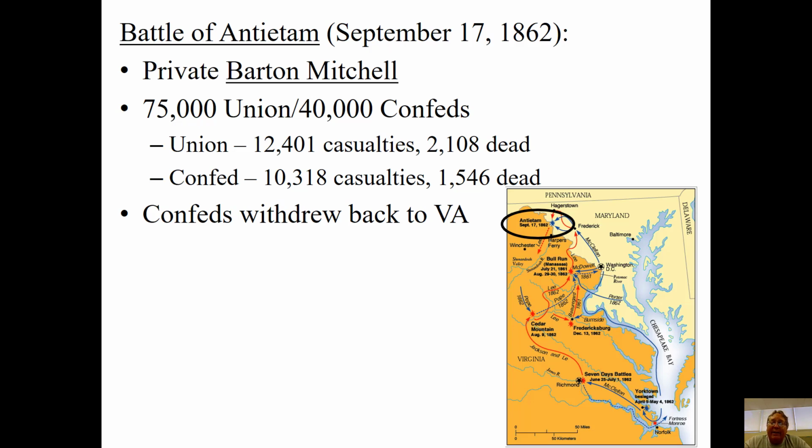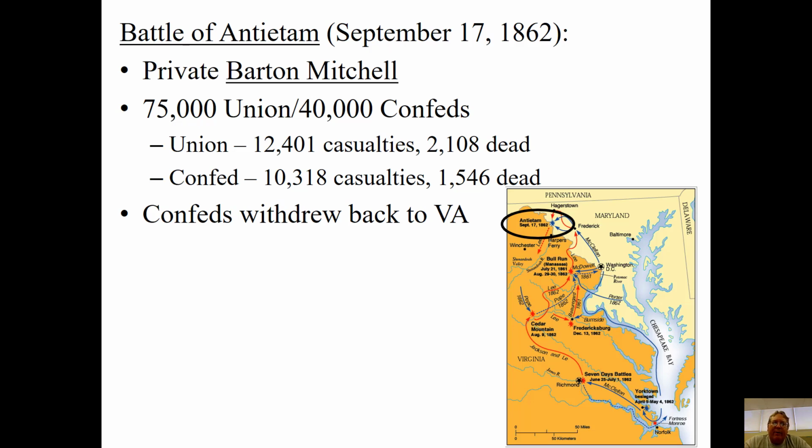And in a place called Antietam, a little village in southern Maryland, these two armies, huge in size by comparison to anything that happened in previous wars in the United States, come crashing into each other. A Union army of about 75,000 soldiers takes on a Confederate army of about 40,000 troops. Now, luckily for Lee, he gets to be on the defensive here, which means the Union troops have to force him to go back. He can pick and choose where and when to fight, and that's going to give him a bit of an advantage here.